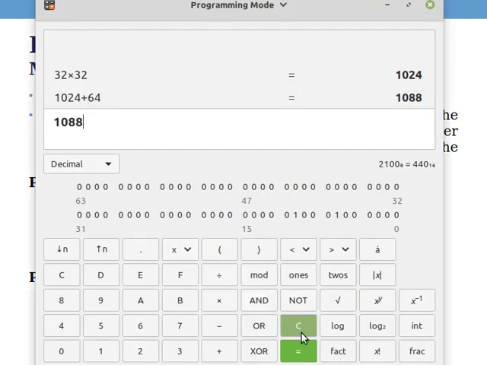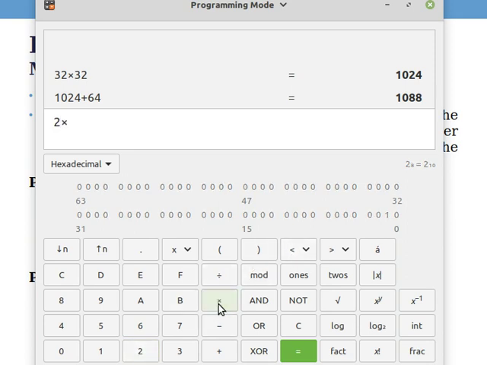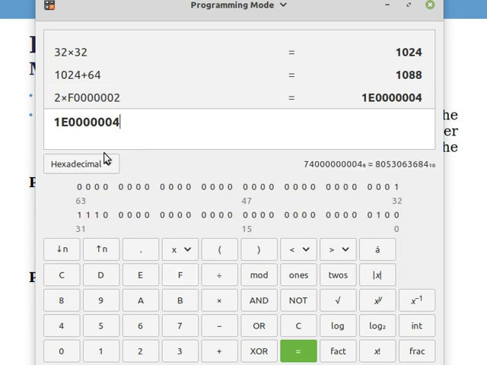We clear the data and set the mode to hexadecimal. 2 multiplied by F. Here you go, the result is 1 2 3 4 5 6 7 and 8, nothing but the lower 32 bits.